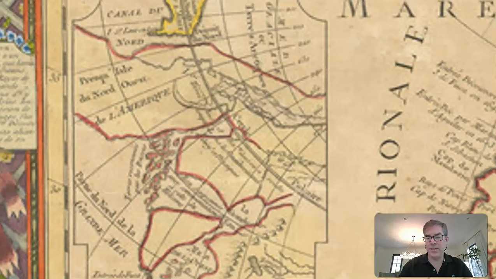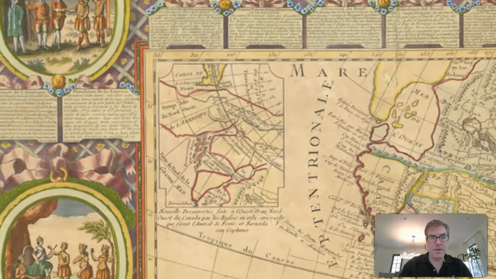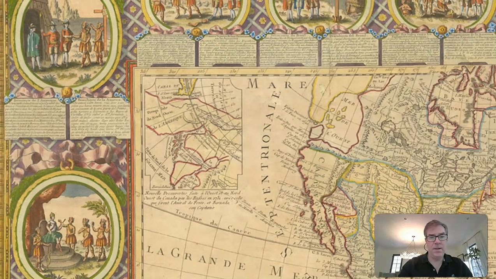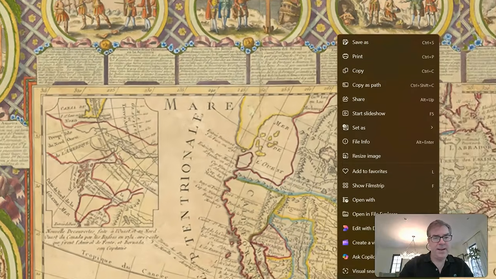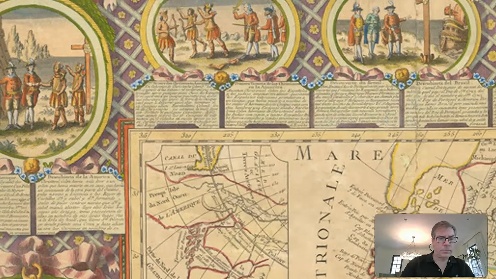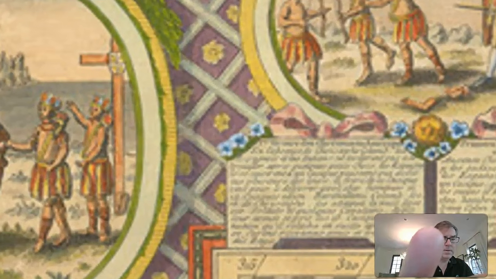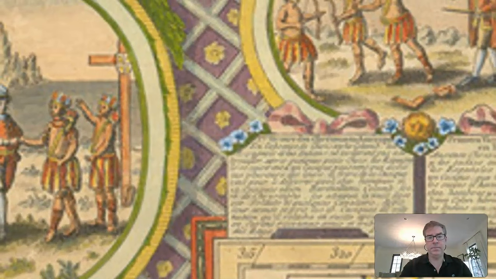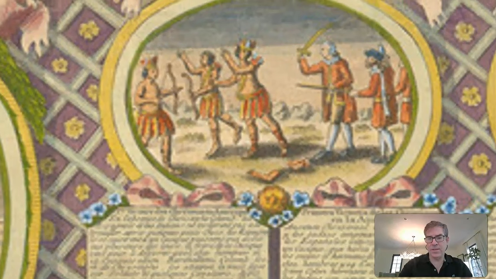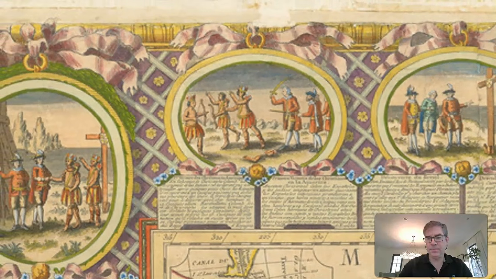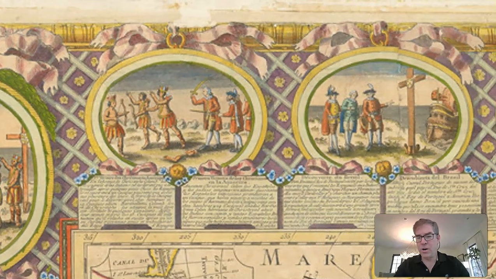What's also interesting in this map, if you notice the pictorials, you can see what we would refer to as Native Americans, but they have a cross on their land. And you can see several scenes of what looks like battles. You can see here a cross that